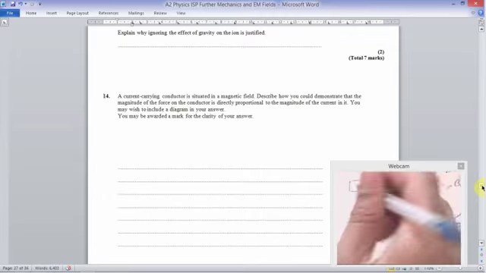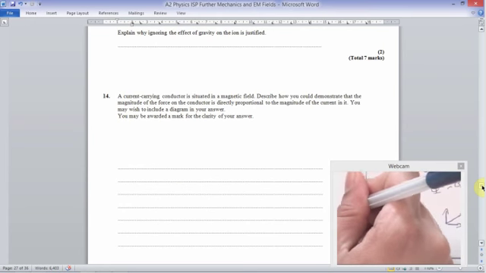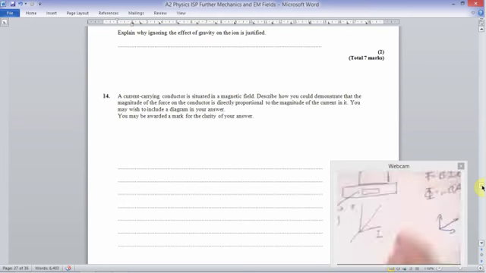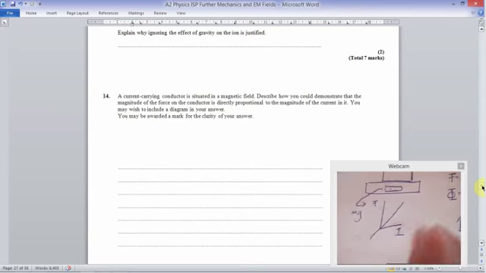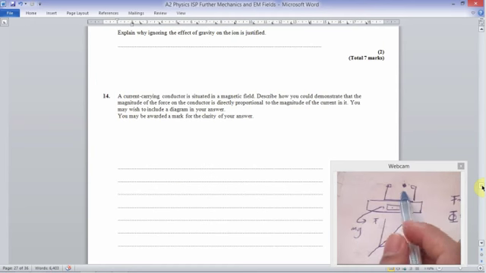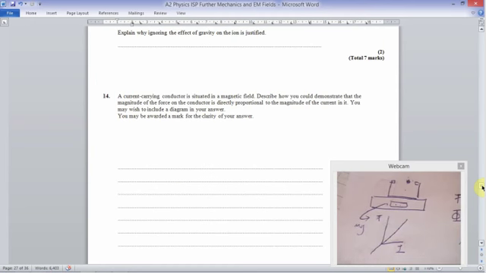So the force is coming from the change in mass that occurs there, times by gravity, which allows you to figure out the size of that force. And the current is just picked up from an ammeter that's connected to that wire. Pretty straightforward. Okay, so you've got to make sure, reading from the mark scheme now, that there's a